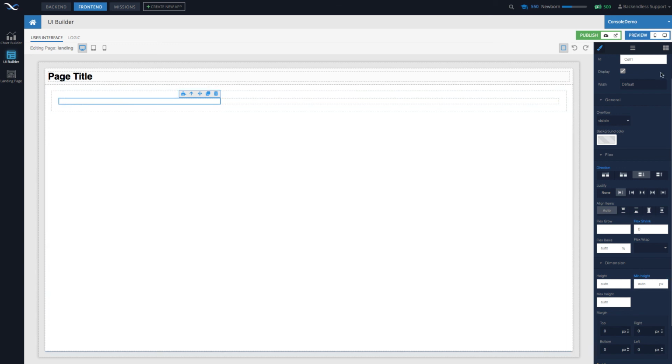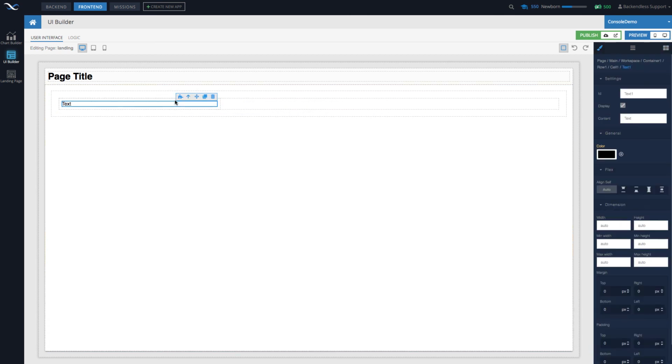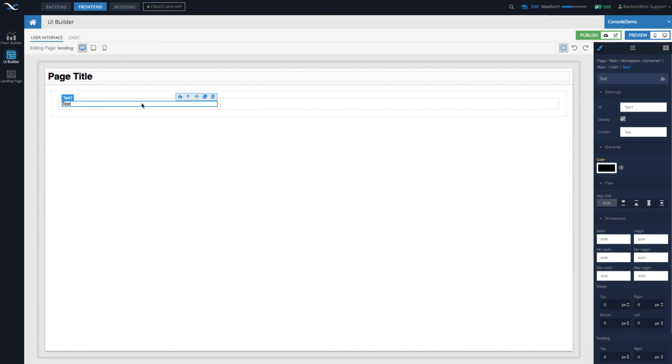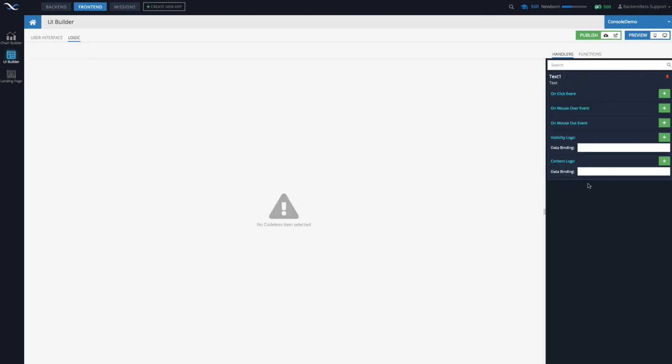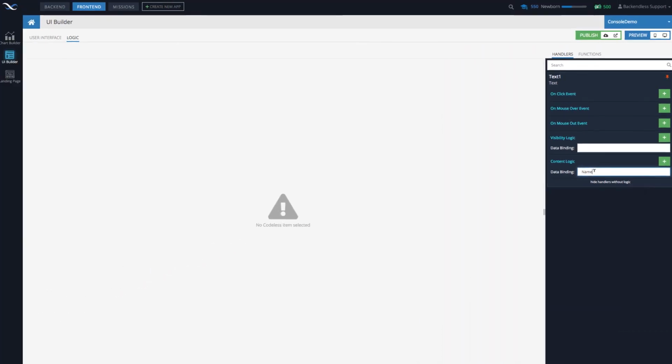In this cell, we will drag the text component right into the cell, and this text component will display our cities. So for the text, select text and go into the events, and we will need to configure the data binding. The content logic for that city will use data binding for the property name. If you ask me why name, well, this is because this is the name of the property that contains the name of the city. And let me show you what I mean by that.